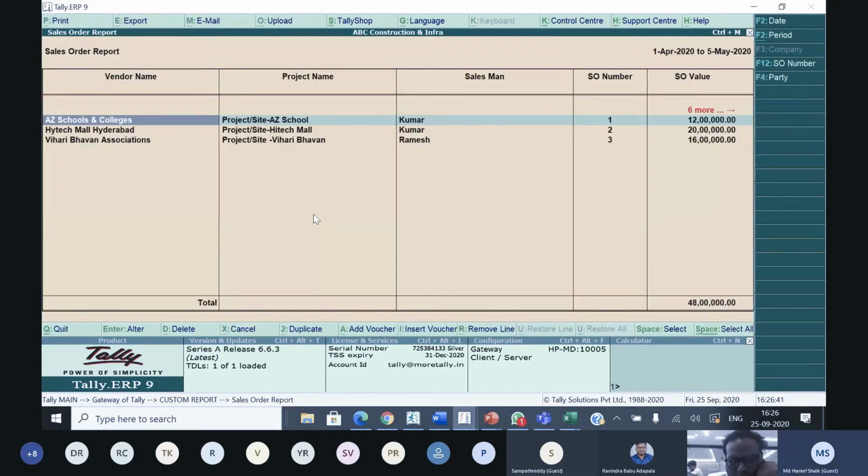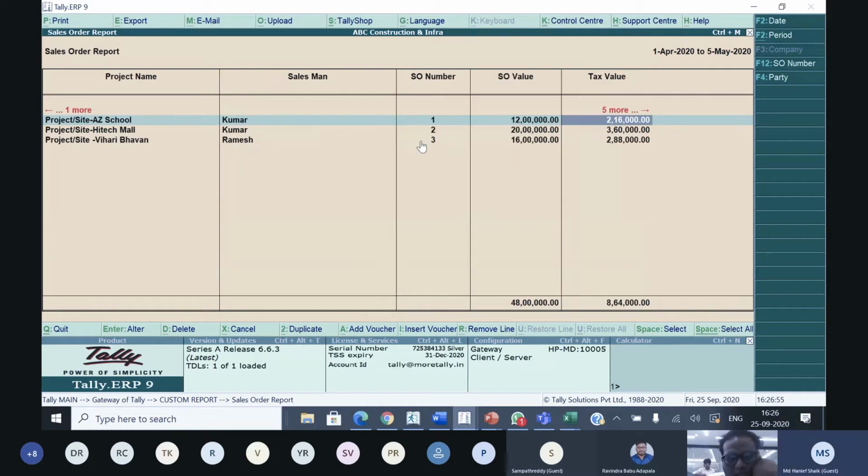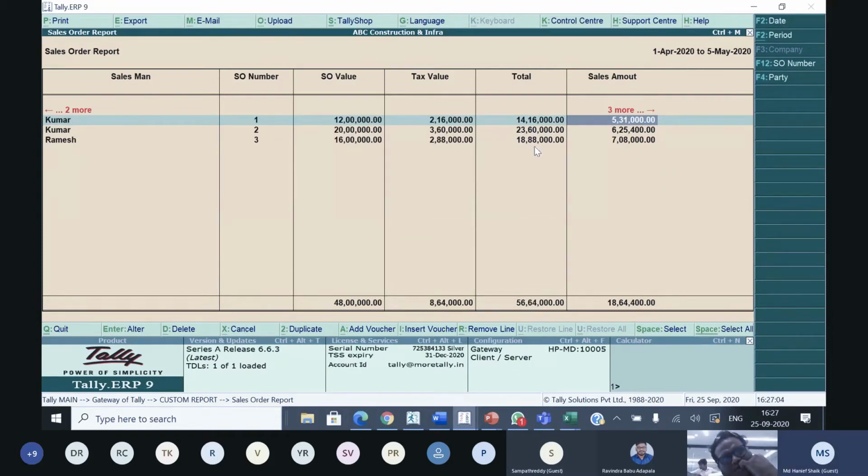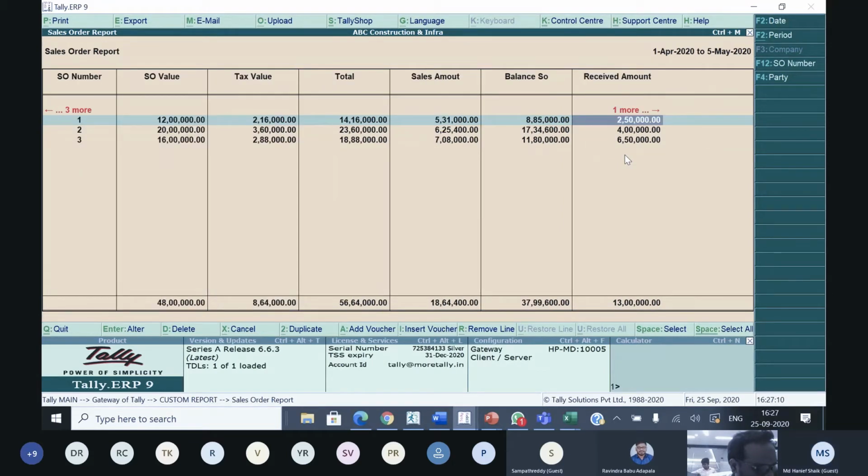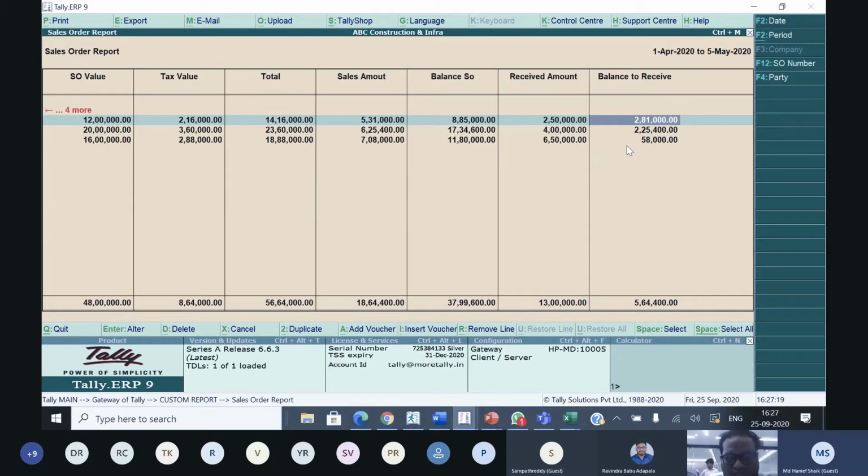And now the work order report, work order summary report. This is the work order summary report, where you can view all client information, projects related to a client, who is the person dealing with this project, what is the work order number, what is the sale order value, how much is the tax value of the sale order, and what is the total value of the work order, how many invoices we have done related to that project, how much balance sale order value is to be executed, how much amount we have received against that, and how much balance is to be received.